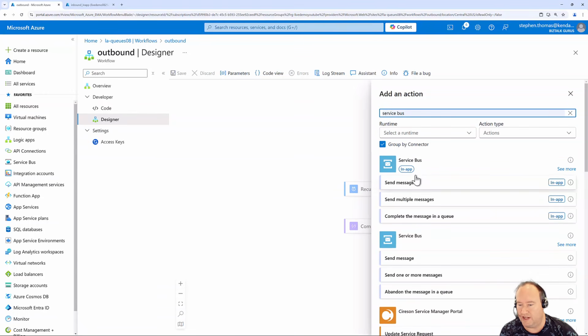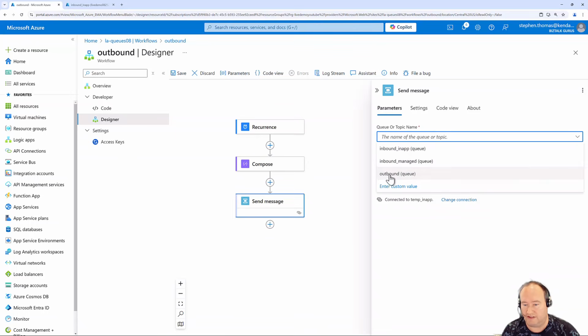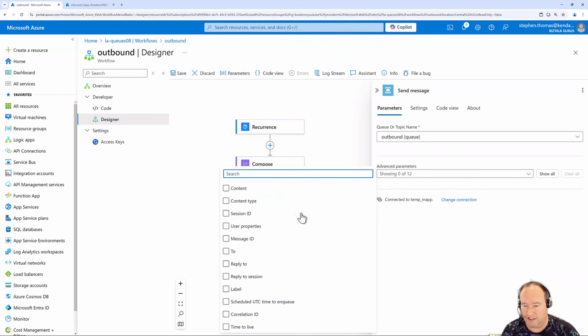And I'm going to go ahead and use the in-app connector. I have connections created to both, but the in-app connector is going to give me the best performance, lowest latency, and no additional transaction costs. It's going to default to my in-app connection that I've already created. I'm going to go ahead and select outbound queue, and I want to set the content that I'm going to